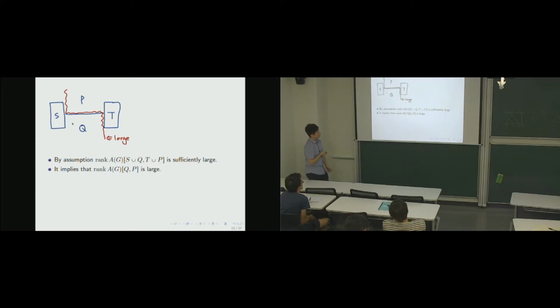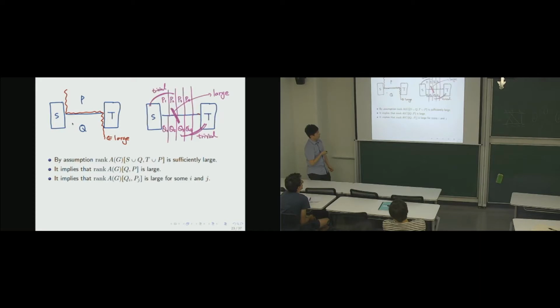Furthermore, we restricted this P into P1 to Pi, so it's just divided by the number of neighborhoods on S. Because the rank between S and P is less than K, you can have at most 2 to the K parts which have the same neighborhood on S, right? Each having the same neighborhood. And then you also partition the Qi's to T in at most 2 to the